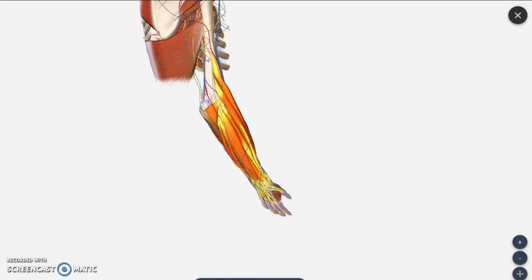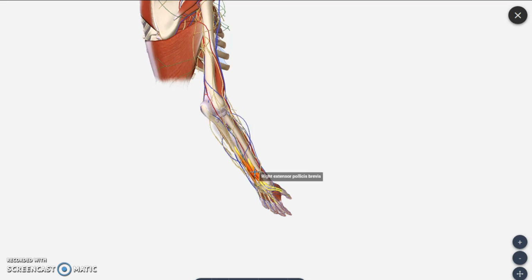In the arm region we get one important artery, which we call the brachial artery. The same artery continues downwards and divides into 2 arteries, which we call the radial and ulnar arteries. We call them radial and ulnar arteries because the bones present in this region are the radius and ulna. The humerus is the bone seen in the arm region. Now we are going to see the bones present in the forearm region, which we call the radius and ulna. The lateral bone you are seeing is the radius, and the medial bone is the ulna.